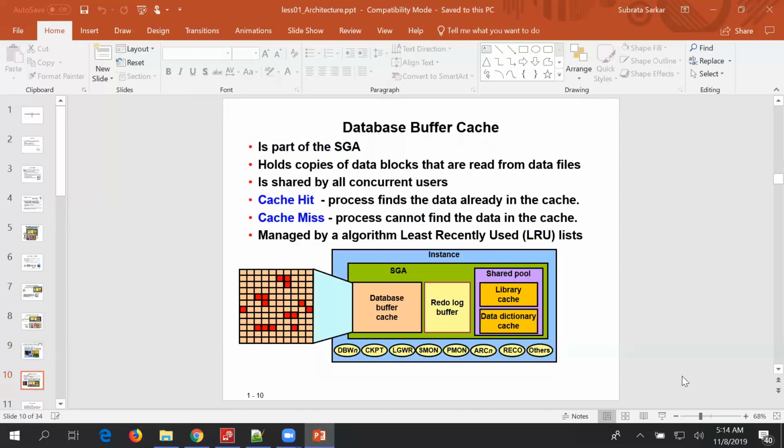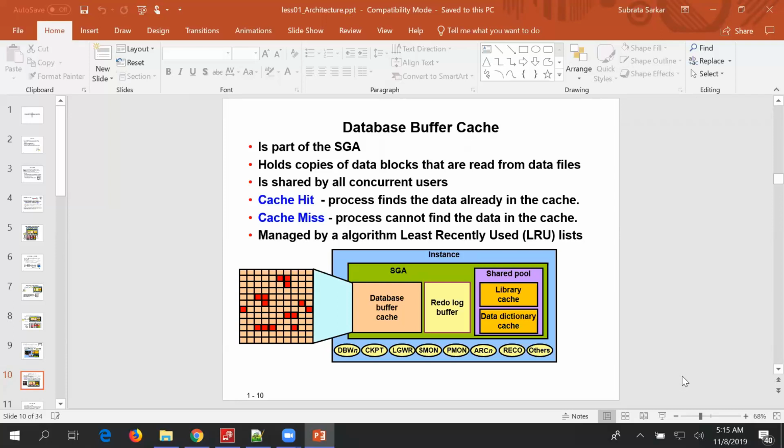So first is the database buffer cache. This is part of the SGA, holds copies of data blocks that are read from the data files, and is shared by all concurrent users. A cache hit is when the process finds the data already in the cache. A cache miss is when the process cannot find the data in the cache.